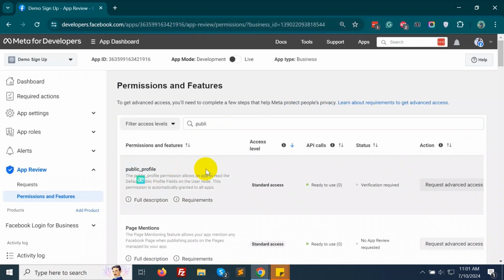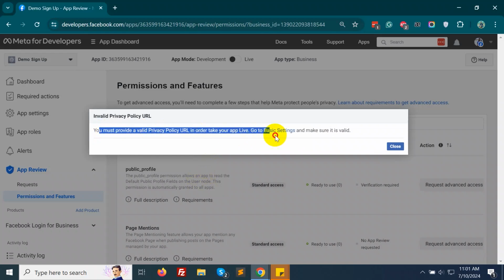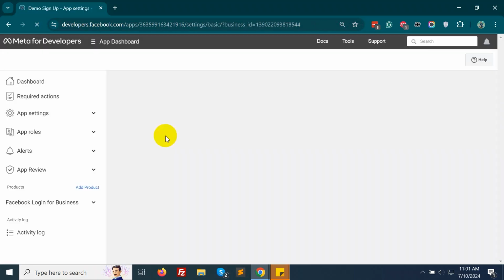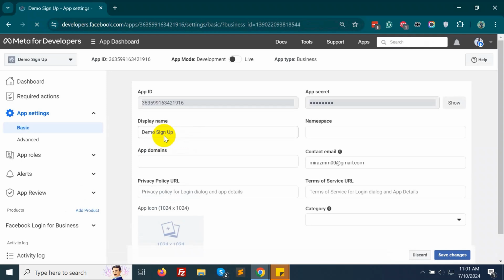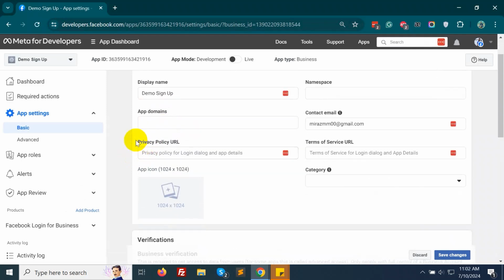So let's do it. Click on Request Advanced Access and a pop-up box will appear where you need to provide your app's privacy policy URL. So click on the basic settings to submit the URL. This is the basic settings page, and here you can see a lot of input fields like app ID, app secret, namespace, etc. So you need to provide the privacy URL over here and you need to collect that from